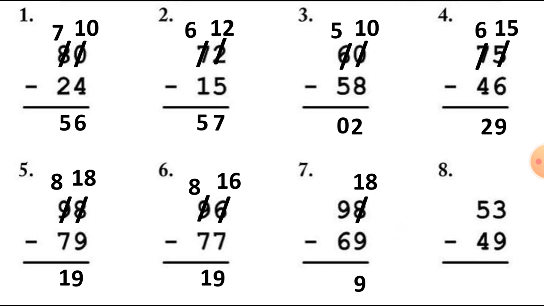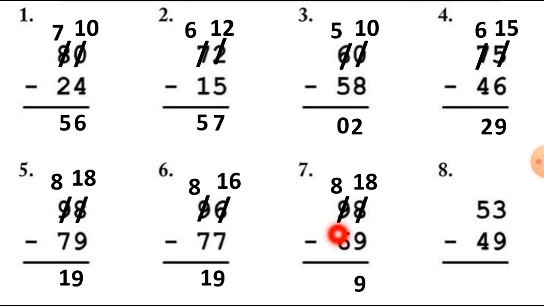Now the ones column is complete. Let's move to the tens column. Here, we take away the 10 numbers from this 9. So we have to cut the 9 number and cut one number from it. So 9 minus 1 is equal to 8. You can see here the number 8.